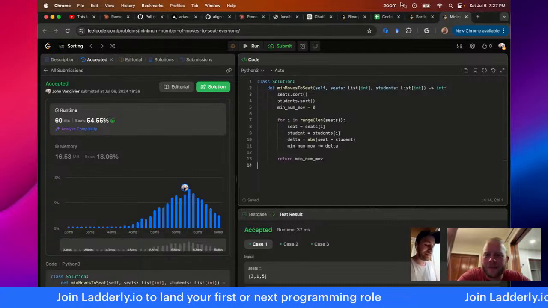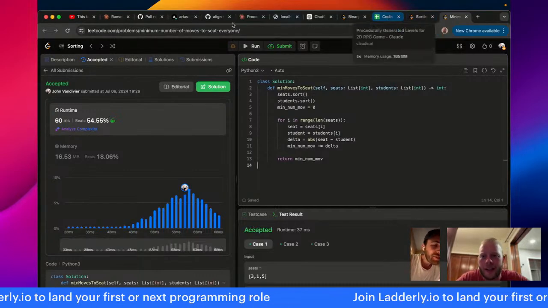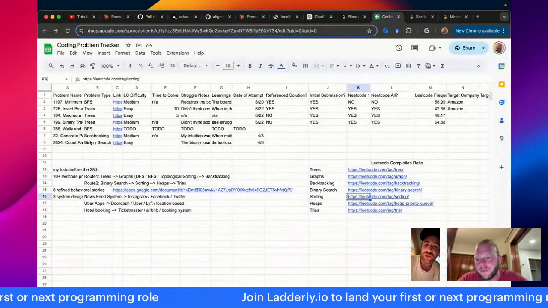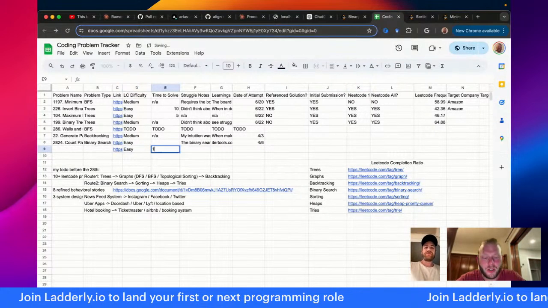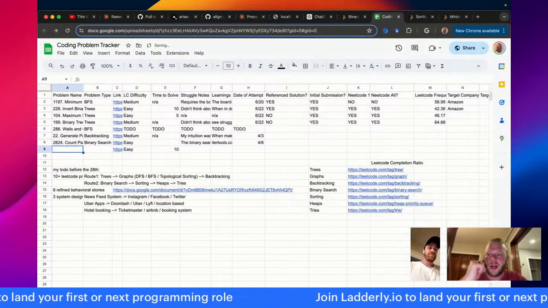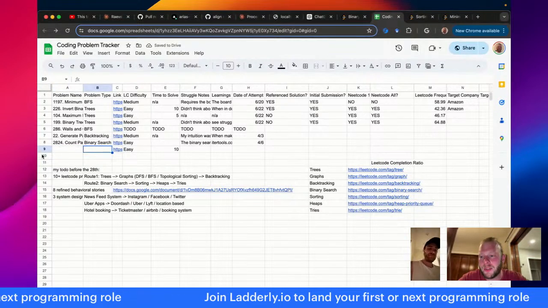Did that solve it that quick? That took me 10 minutes, I think. Also, that feels like a cheating way. I don't know that 10 minutes is good for an easy. I guess it's about on track. I don't know that we have a learning yet. We need a larger sample size.